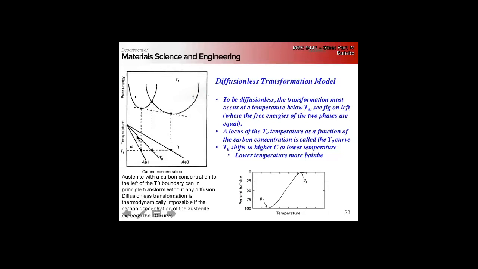So we get this T naught line that straddles our equilibrium composition in alpha, composition in gamma. We get this T naught line that straddles and it moves farther to the right, and that's the mechanism behind the bainite start and bainite finish temperature,